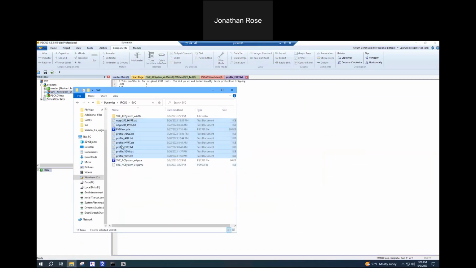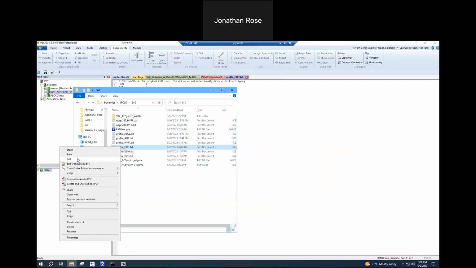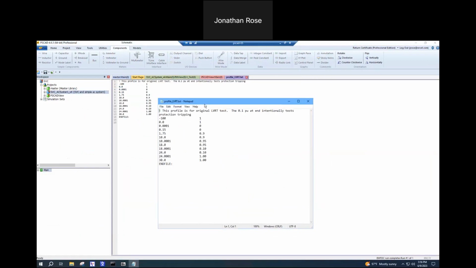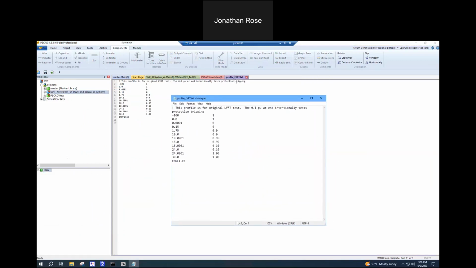And that is right here, this file. Same file, that's just a shortcut so you can see it in PSCAD. Same file opened right there. You could actually edit it if you wanted to change what the profile is being run. And you can see it starts out at 1 per unit, then it goes down to 0. Time is on the left, voltage per unit is on the right, then comes back up to 0.9, 0.95, and